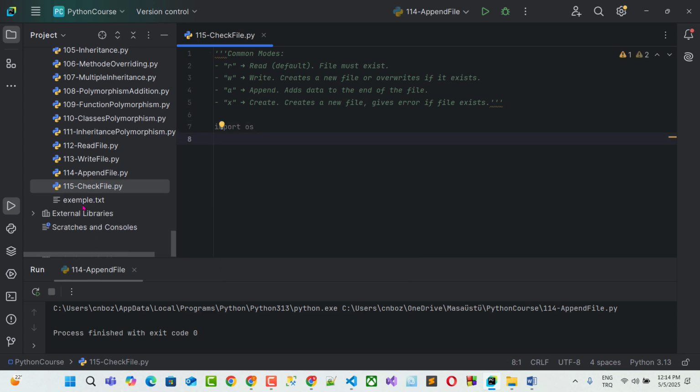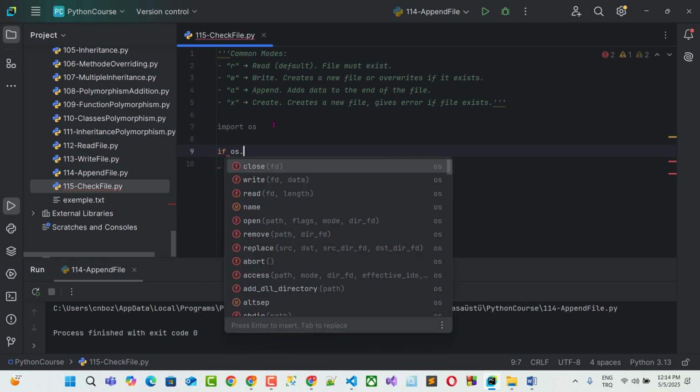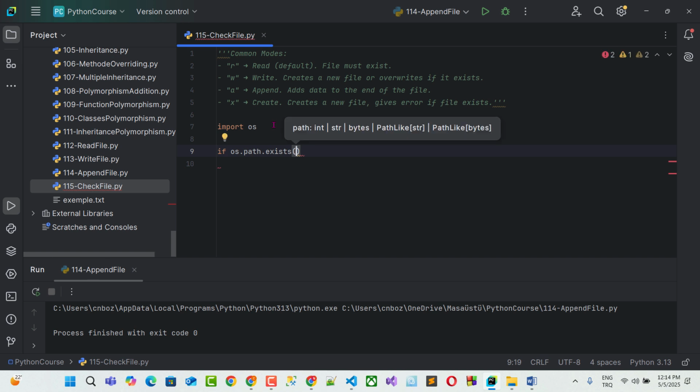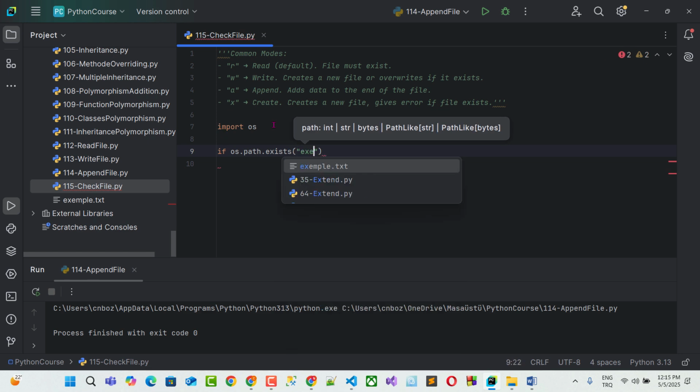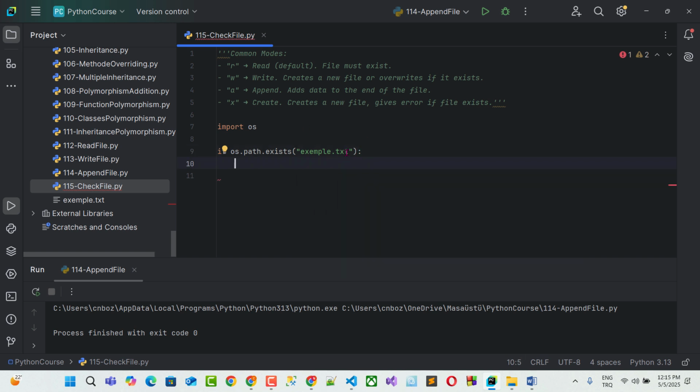So I want to check whether this example.txt exists or not. For doing this, I open my if block and then use os.path.exists. I'm in the same directory, so that's why I will not use any slash. So what's the name? example.txt. So if it is in that path, if it exists, I will print some messages,